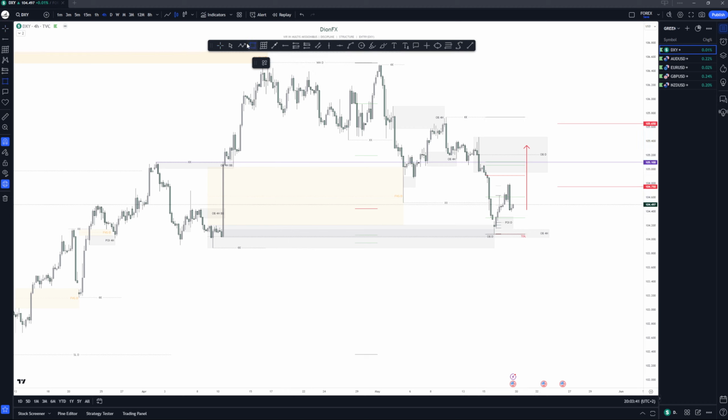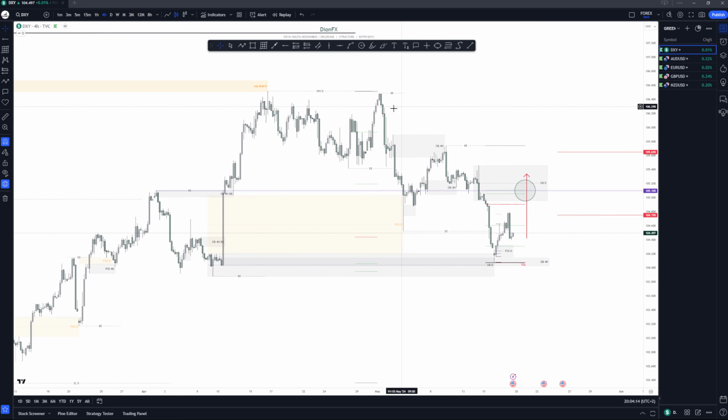But like I said, if we were to close the week around this level, the 105.100 level, then it would be difficult to try and sell from here to the downside. We may get some kind of sells, but they will fail to go to the downside, and then from here we can continue to push right to the upside. So this is what I'll be looking for. I'll be looking for the week to close around this level, and then next week will be a very easy and simple week to trade.